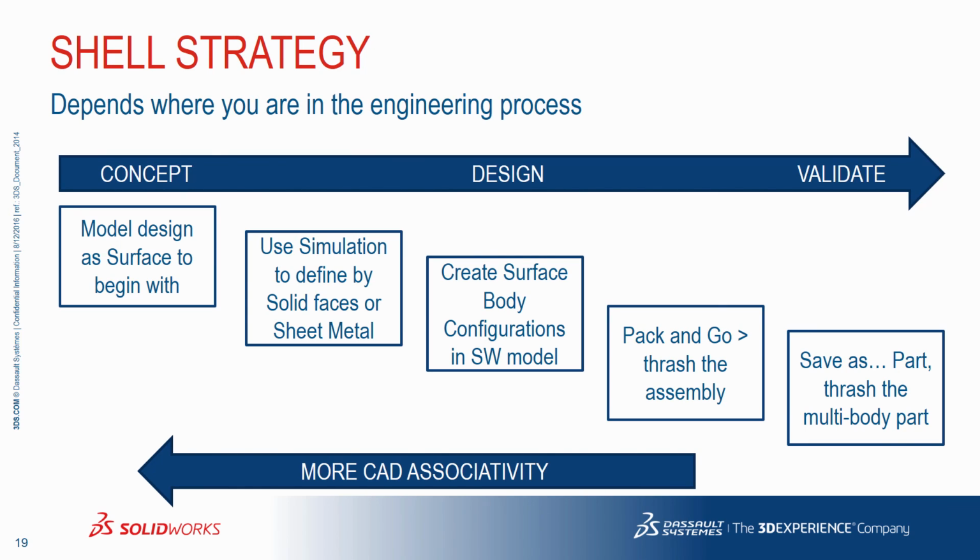And I've broken it into 5 strategies. The more you use SOLIDWORKS management or automation, meaning creating a shell from either a configuration or using automated sheet metal, the more the whole thing is going to be associative and stay up to date. Which is great, but it's more work to set that up, of course. So the more I'm working on a validation at the end of a design cycle, or maybe a one-off contract job for FEA, the less I care about maintaining associativity, and I'm going to thrash my assembly,